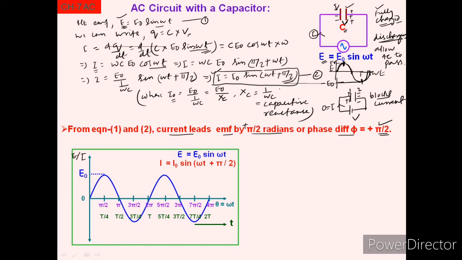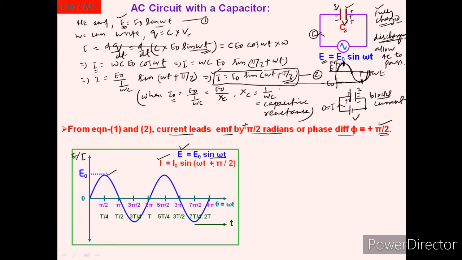When you plot the EMF graph, as it involves a sine curve, the curve will be like this. Then when you plot the curve for the current in the capacitive circuit,